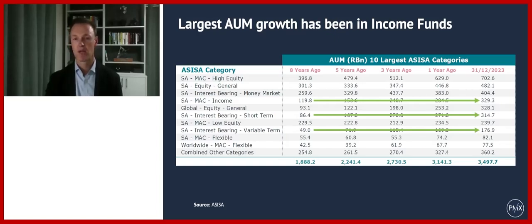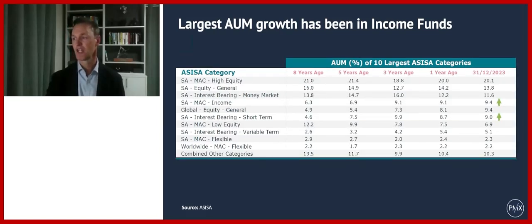There's over 800 billion rands worth of money sitting in those sectors, and that excludes money market instruments at this stage. And you can look from a share of your unit trust stats, the only sectors that have been growing have been the income category. The good news, actually, is it's been giving pretty good returns to investors. And you'll notice it's come at the expense of something like your multi-asset, low equity balanced funds over that period.